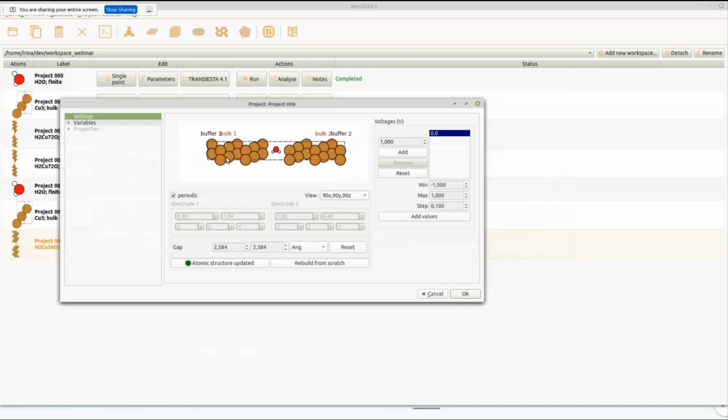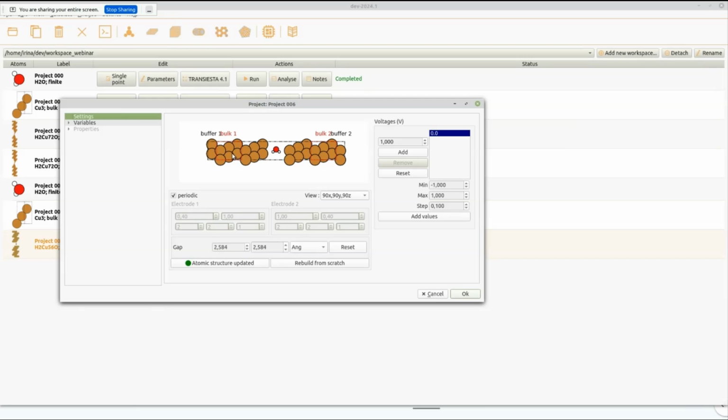In order to avoid it, the size of the unit cell of the electrode should be twice longer than the orbital extension. And the same is also valid for the scattering region, which should be larger than twice the orbital size. So what we need to do here is to increase the size of the unit cell